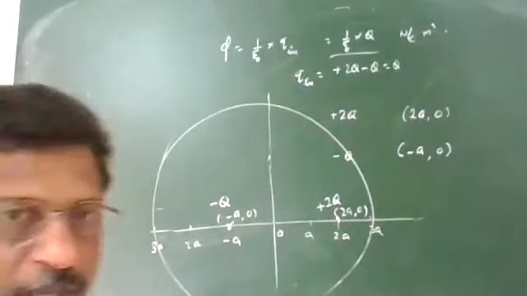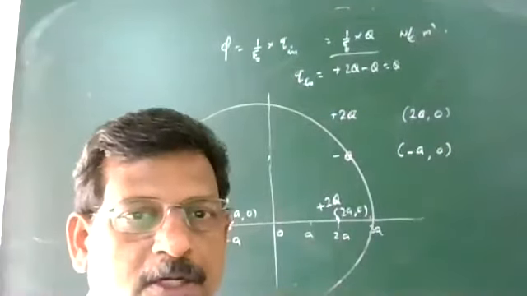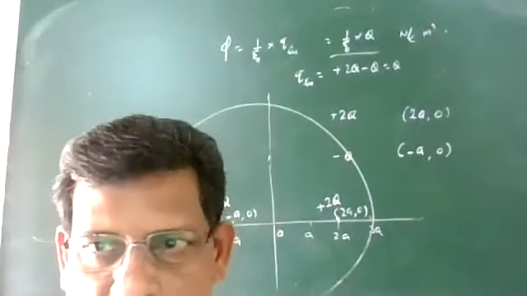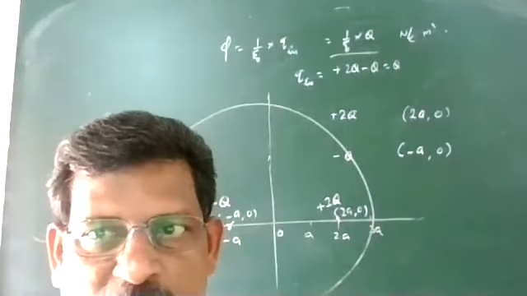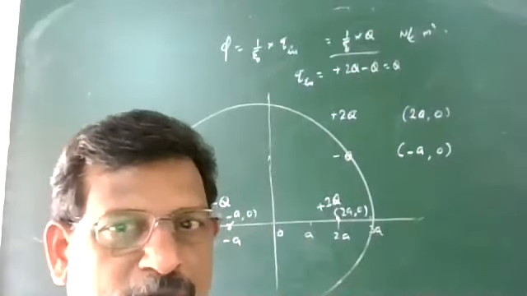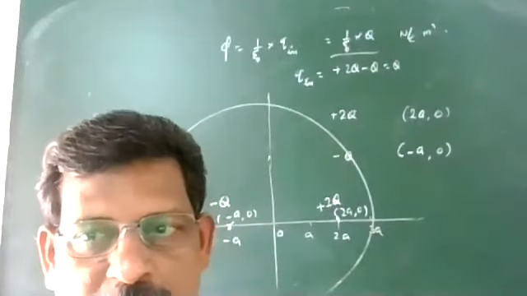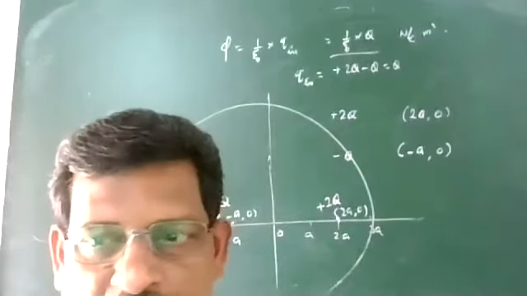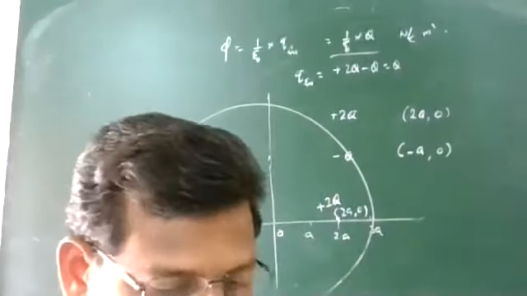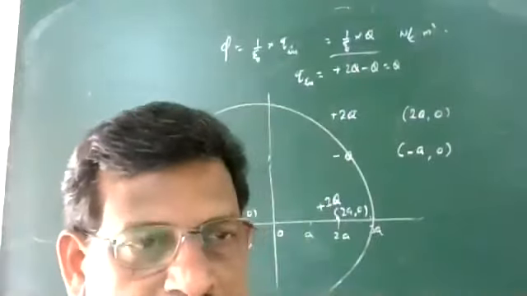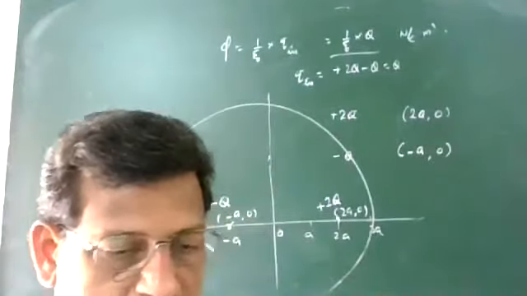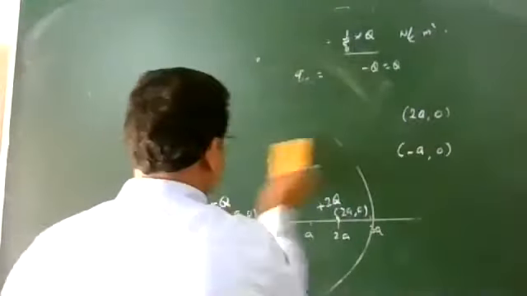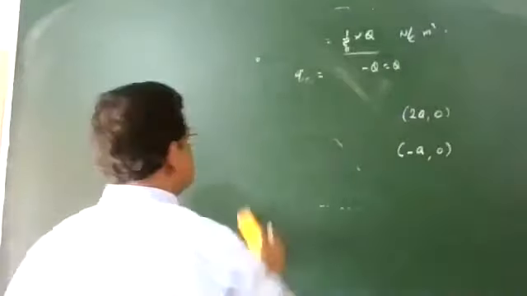Okay, next we are going for application number 1. This is to find the electric field due to a line charge. Yesterday we have seen different types of continuous charge distribution. Out of that, the first one is line charge distribution. Charge can be uniformly distributed over the length. It can be a straight wire or it can be over the circumference of a circle. In such cases, the electric field can be calculated by using Gauss's theorem. Application number 1, very important: to find the electric field due to an infinitely long line charge.